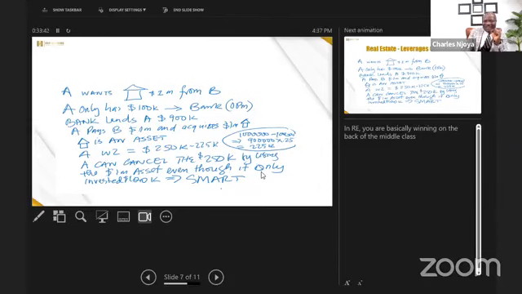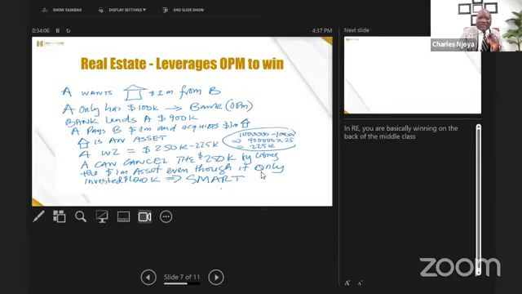That is the game. That is what we call the American dream. That is what the wealthy play in America. So assets are the things you want to acquire to be able to avoid taxes. Wealthy people have assets. They are able to leverage those assets to play against their ordinary income. That is very important. I wanted to make sure we understand that. So in real estate, you are basically winning on the back of the middle class. You're using the money of the middle class to win. This is important.